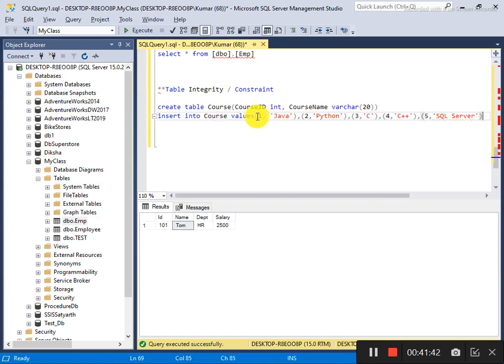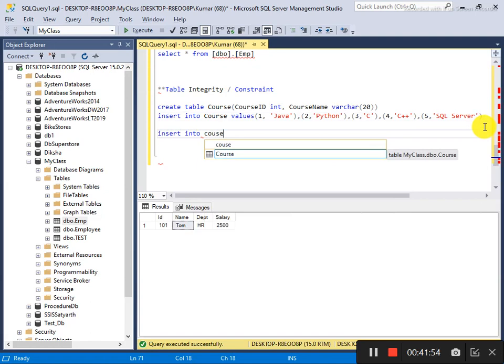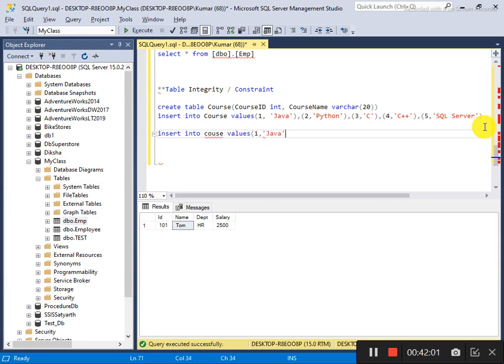If you make entries this way, the maximum can be thousands of entries; otherwise you have to write it this way: insert into course values 1, Java, and again insert into course values 2, Python, and so on.